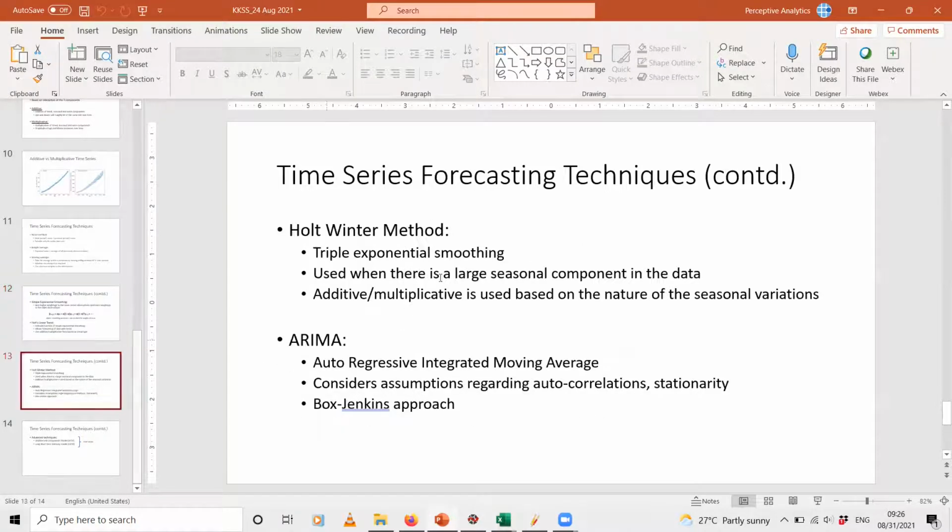Now what we will be looking at today is this particular method, the Holt-Winter method. This is what we call triple exponential smoothing, because here we can account for both trend as well as seasonality, and apart from these two, you can specify the frequency at which the season repeats. Does the season repeat once in a year? Does the season repeat every week? Does it repeat every month? So there is one component that you can use to specify the frequency of repetition of the seasonal component.